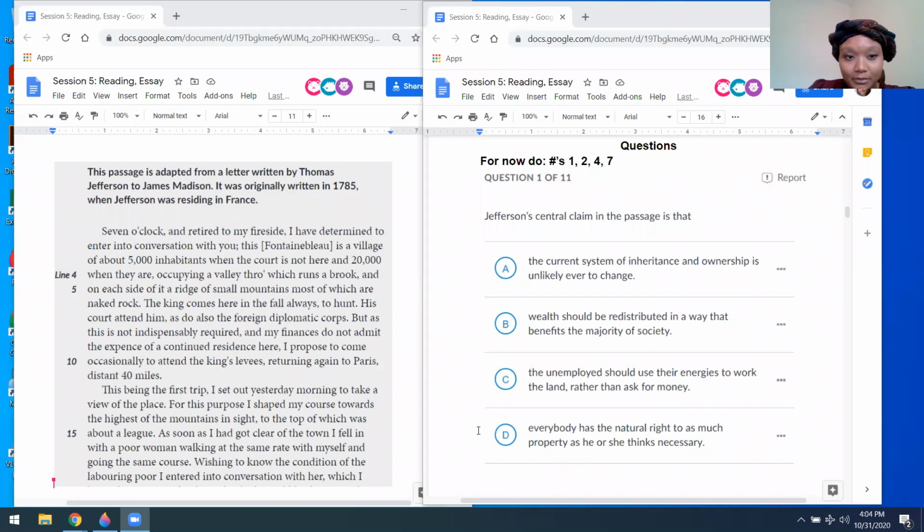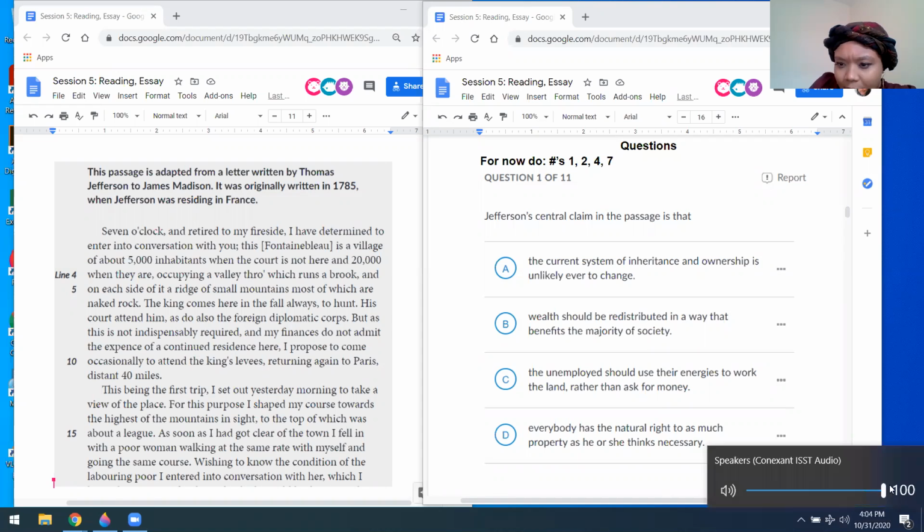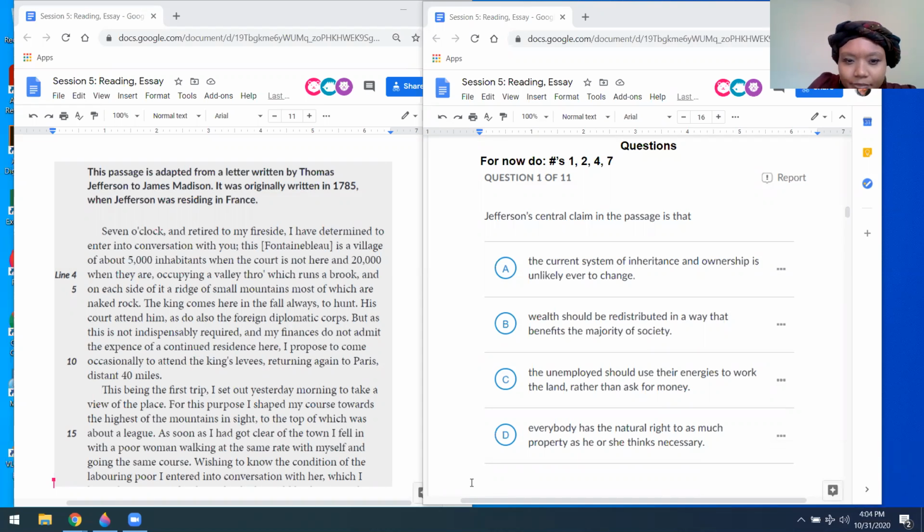I think maybe B, but I can't hear you too well. Say that again. I think maybe B. I would have to scan through the passage again. I only read it once. Why do you think it's B? Can you speak up a little bit? I can't really hear you. I'm sorry. My computer has a bad little mic thing, but B says wealth should be redistributed in a way that benefits the majority